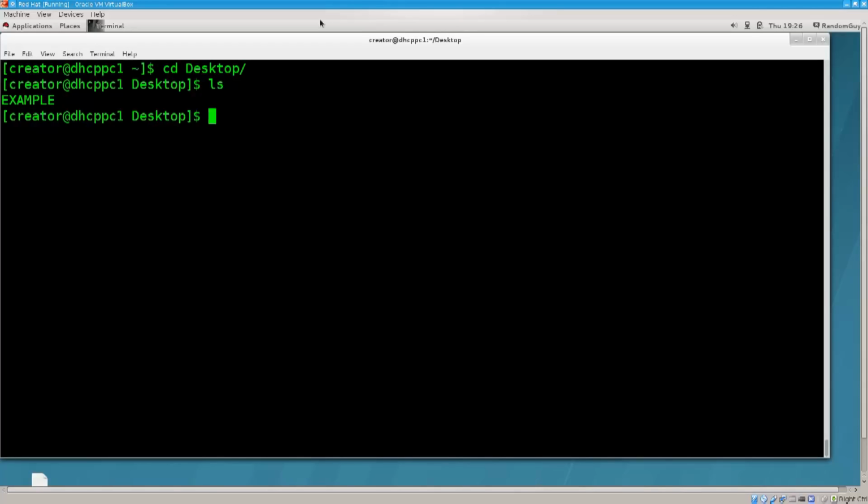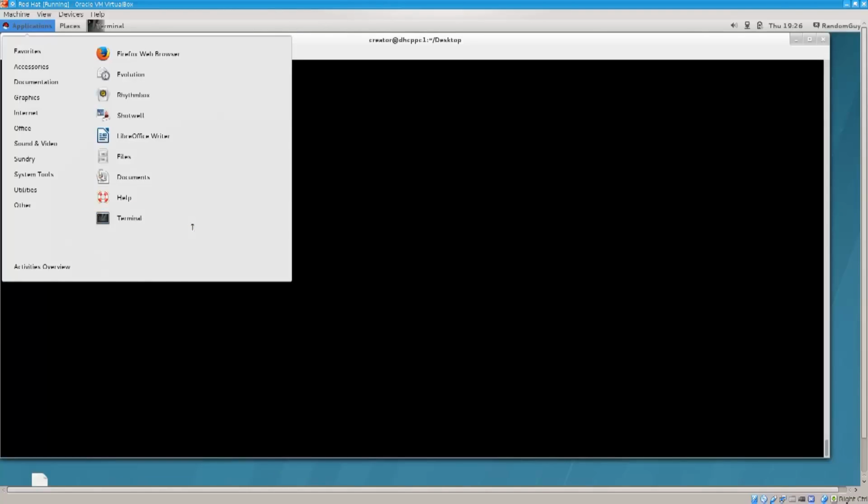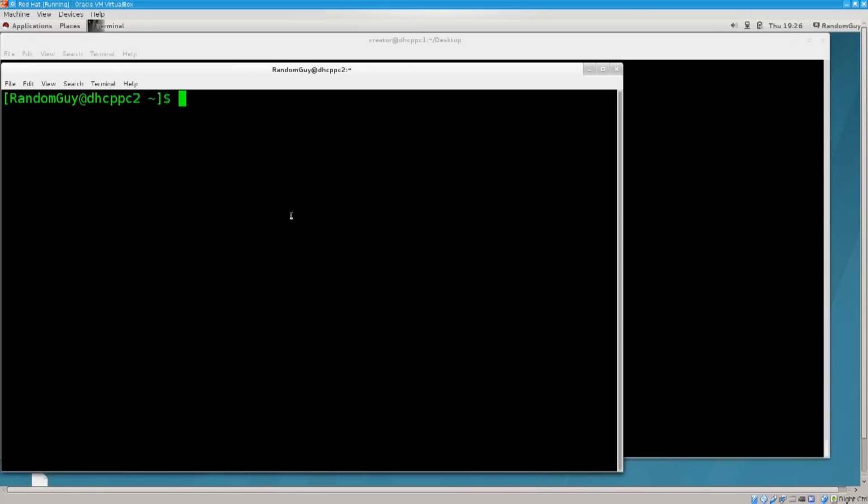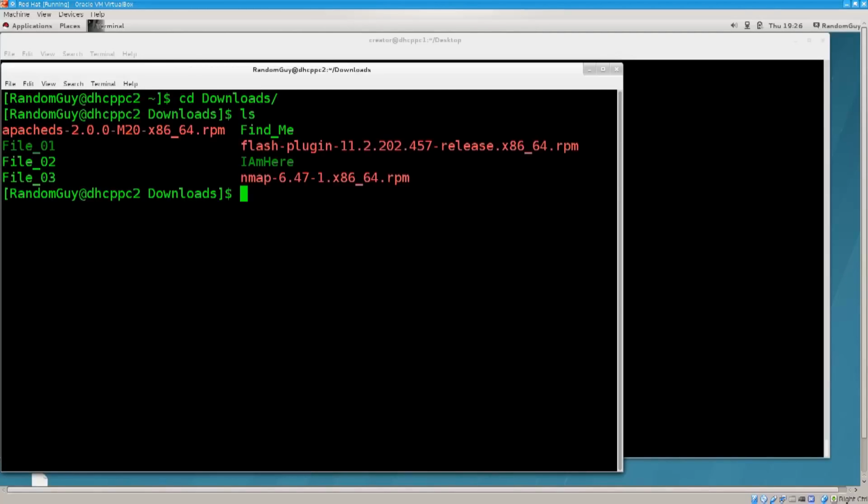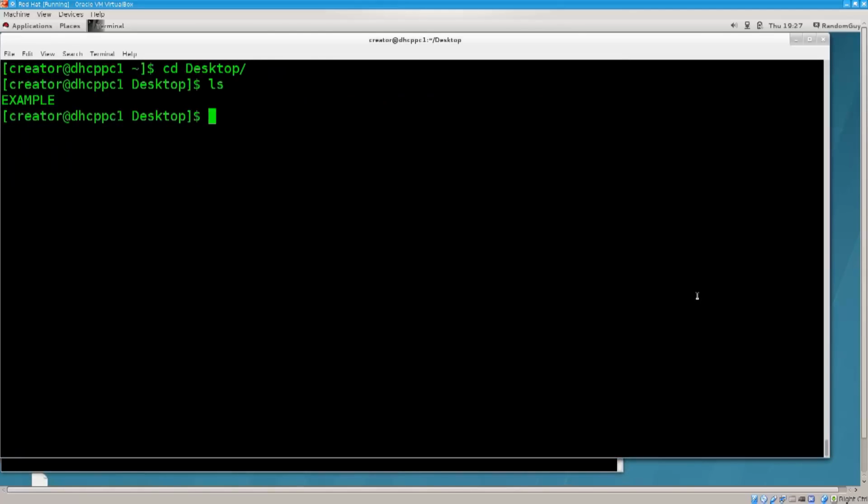In order for us to do that, let me just show you that I don't really have anything in the path. I will copy it into downloads, and let me just show you that I don't really have anything in downloads. Well, I do have some things here, but I definitely don't have a file under the name of example. So let's go ahead and